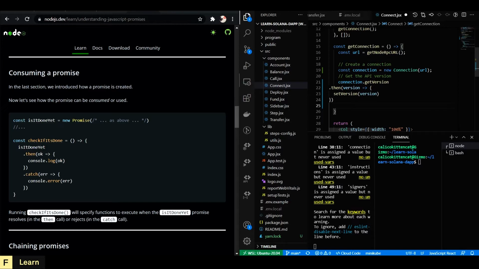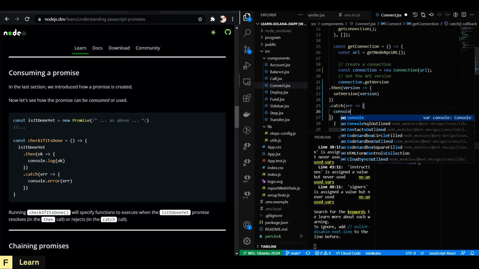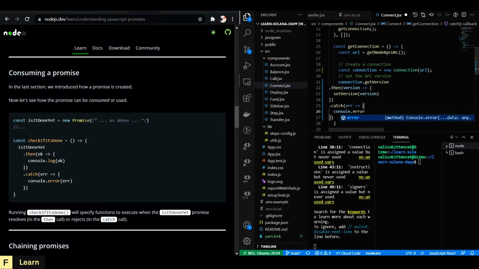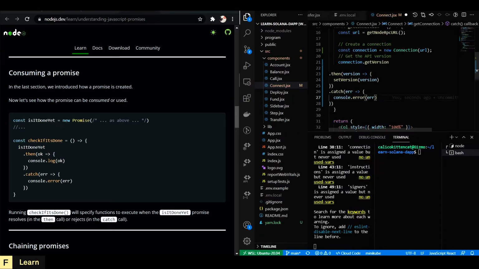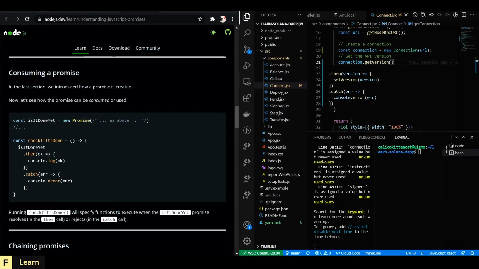Now, if we don't get version, we'll catch error. And that will be passed to console error. All right, let's make sure we have everything in our code as proper. Oh, I somehow deleted my next function. All right, now we can hit it with a save, Control S, and we can go back to our React